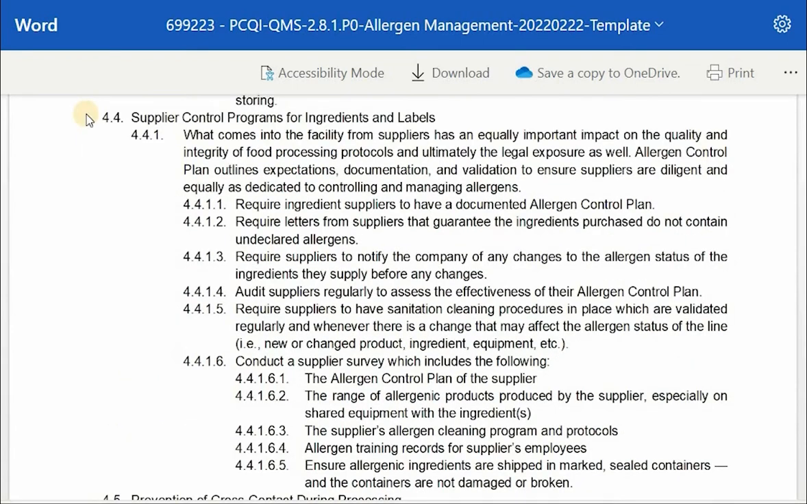Supplier control programs for ingredients and labels. What comes into the facility from suppliers has an equally important impact on the quality and integrity of food processing protocols and ultimately the legal exposure as well. An allergen control plan outlines expectations, documentation, and validation to ensure suppliers are diligent and equally as dedicated to controlling and